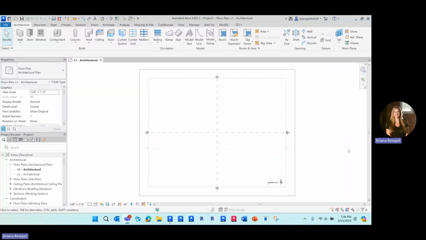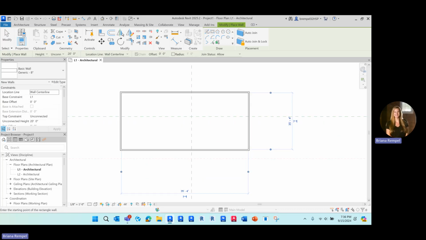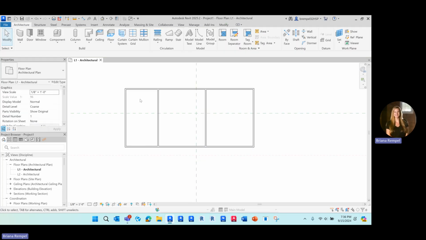We are going to learn about creating ceiling plans and ceilings. So I'm going to go ahead and draw some walls in here. Just make a few spaces so we can work within these. All right, so to create ceilings, I'm going to go to my architecture tab and I have